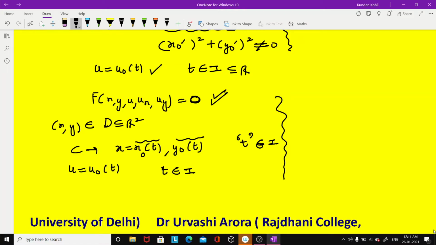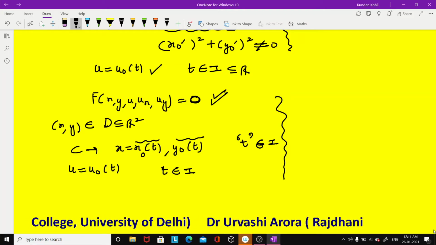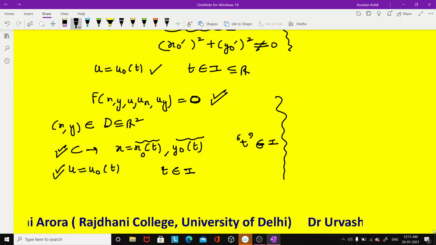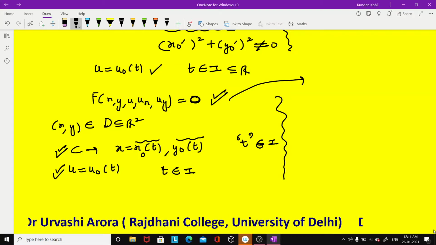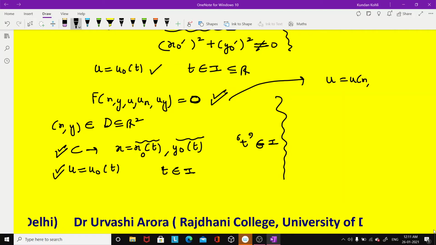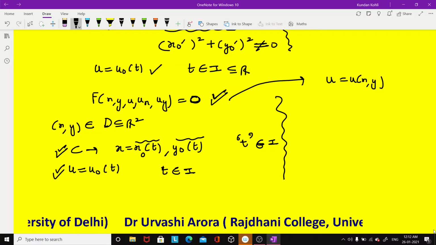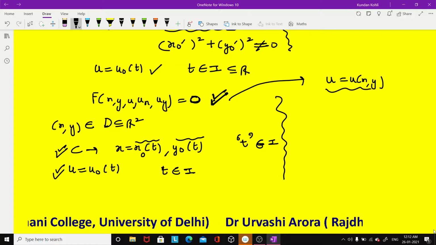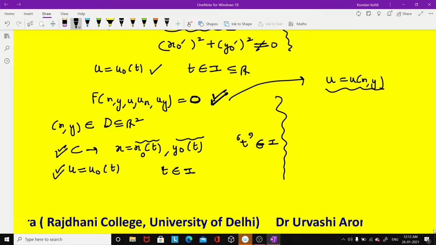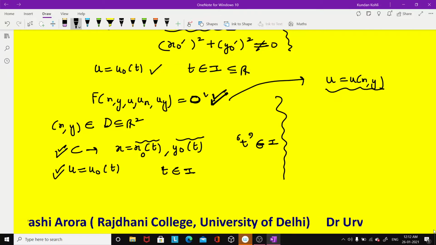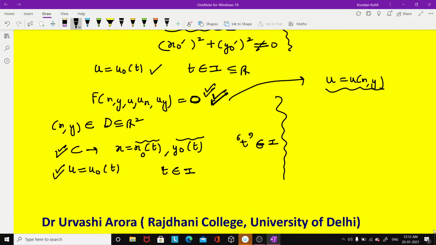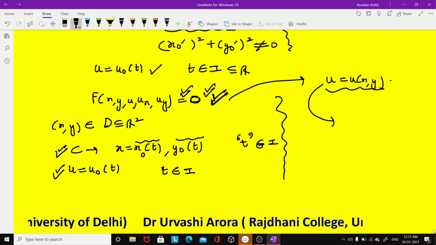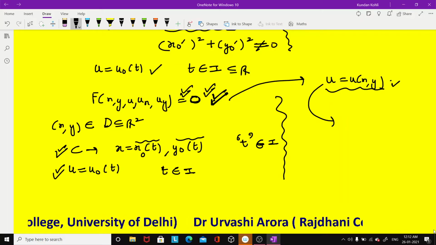Now, the question is, what do we mean by the Cauchy problem for this first order general partial differential equation with respect to the curve C and this prescribed value? Cauchy problem simply means that you are looking for a solution u is equal to u of x, y of this first order partial differential equation, which is not only a solution of this equation, but also satisfies an additional condition.